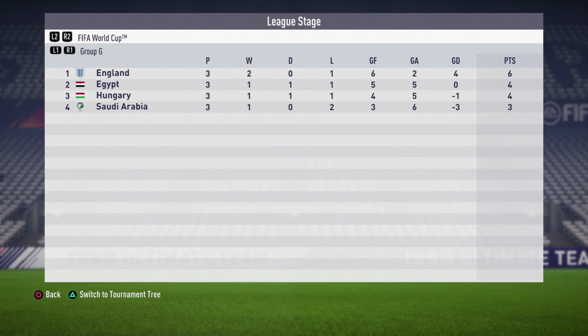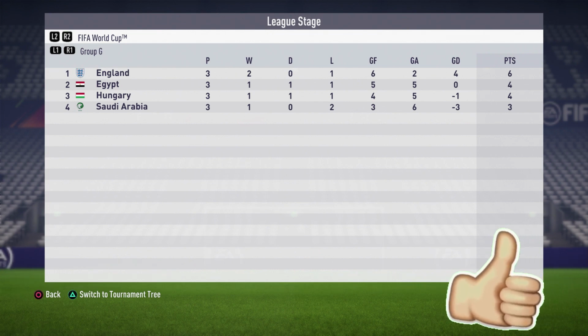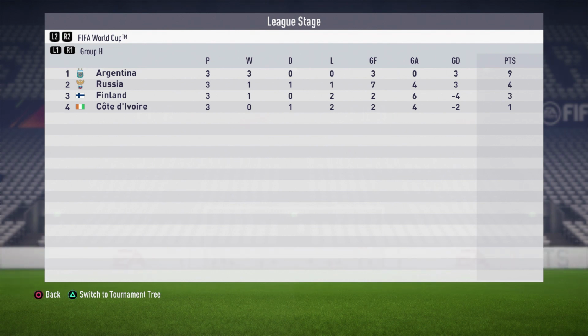England and Egypt qualify out of Group G. As you can see there, England with a nice 2 wins, 6 points out of that one. And Egypt qualify for goals for, scoring 5 goals compared to Hungary's 4. As we move on, Argentina topped the group, 3 wins out of 3, similar to the Netherlands and France. Meanwhile, 2018 hosts Russia make it out of that one with 4 points, and Finland and the Ivory Coast go